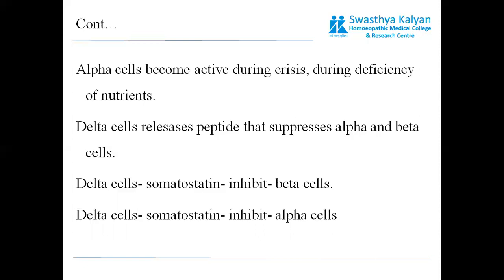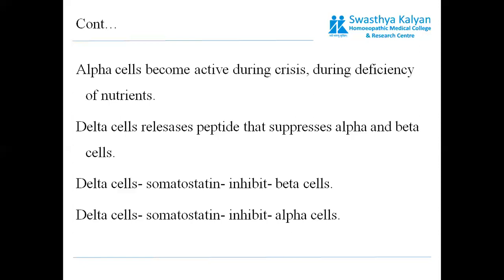For example, in your blood, glucose level is going down. If your blood glucose level is low, or metabolic fuels are decreased, then alpha cells become active. Let's suppose a patient has not eaten for many hours. He is hungry, and his blood glucose level is going down. Which cells will help him? Beta cells, the beautiful ladies, will not help the patient.